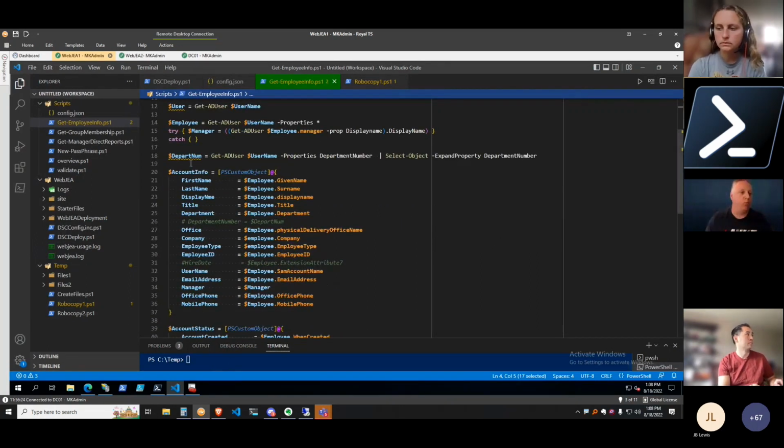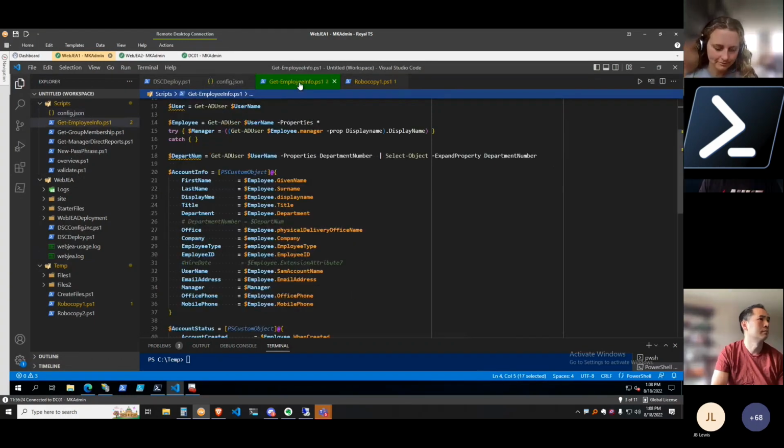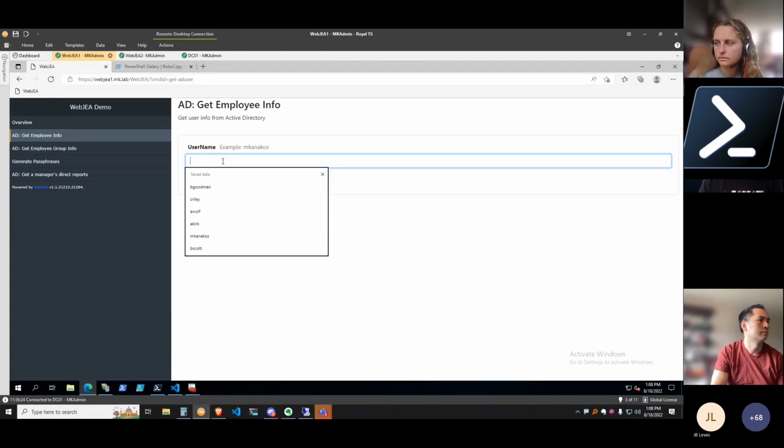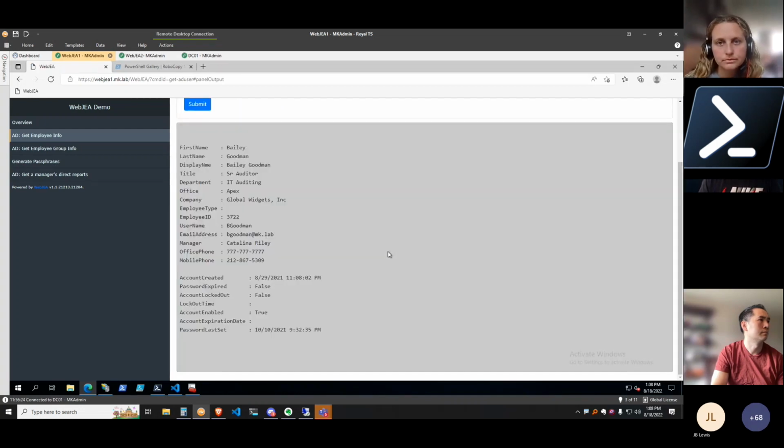And so what happens is when you put this script into your scripts directory and configure a JSON that says go look at that file, it reads the file and it parses the inputs and creates a web page that becomes an input. And so now I can come here and I can put in a username and it'll go and query AD and return a bunch of information. And so while this may not be super cutting edge, let's think about this for a second. I know PowerShell, and most of the people on this call hopefully know PowerShell.